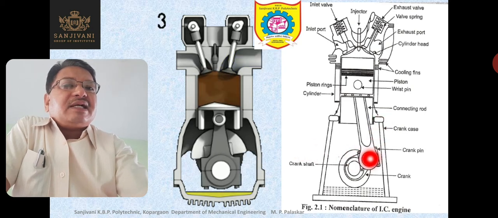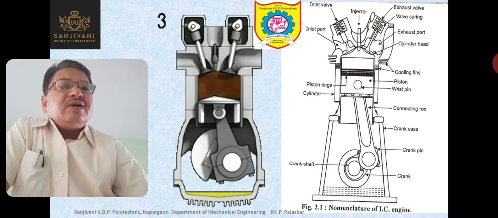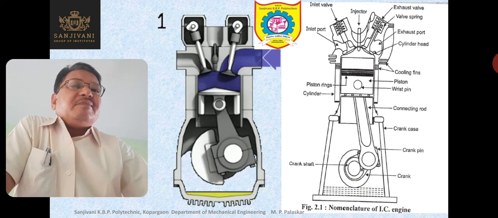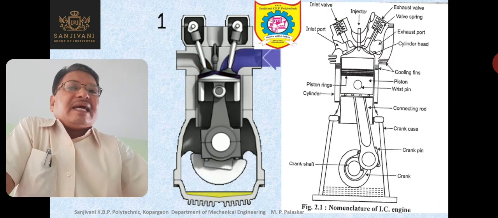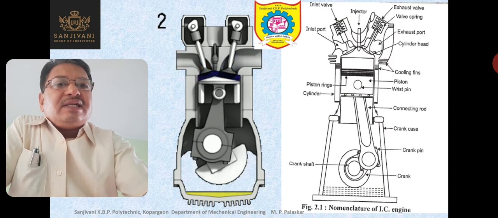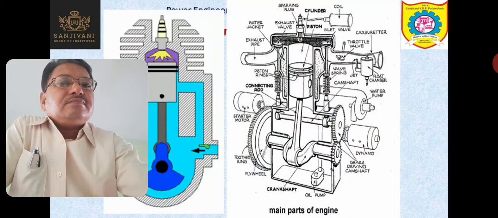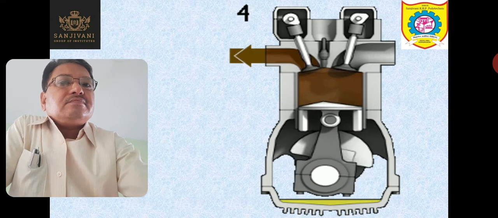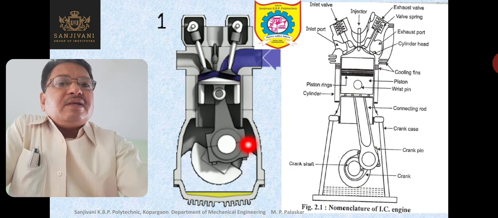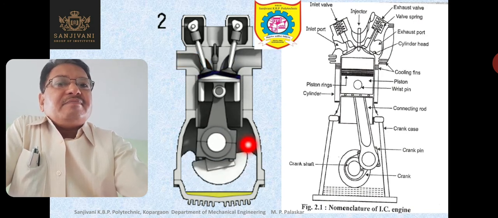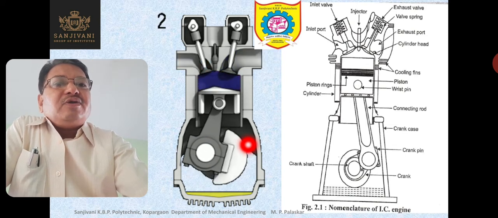So this is nothing but the crankshaft. This is the crankshaft, right? So the crank is having the complete rotation just like the crankshaft, because the crank is mounted on the crankshaft. Okay, now here in this picture you are unable to see the crank because the length of the crank is small and the crank is hidden below the crank pin.